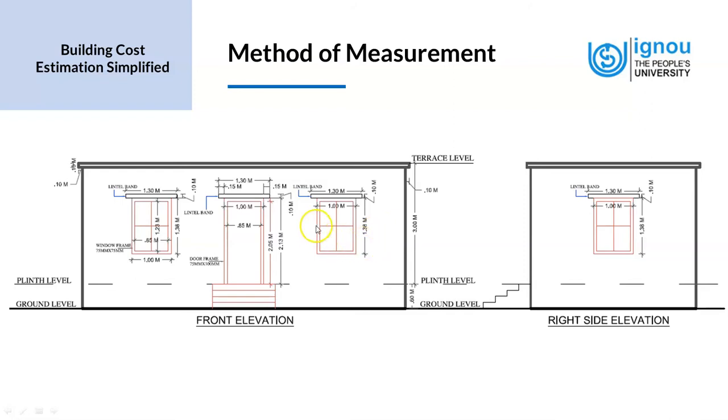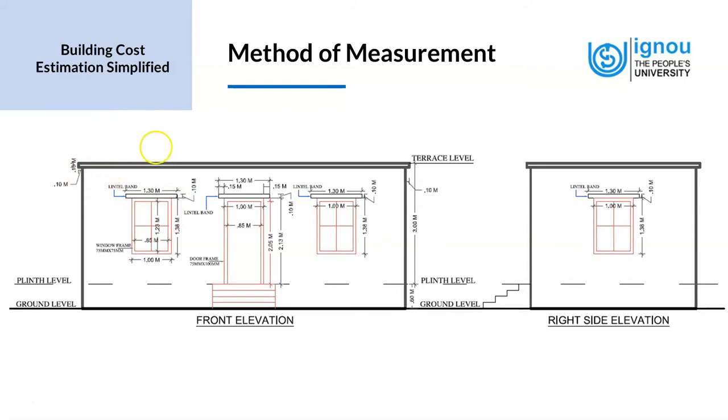Now, when we look at the windows, the opening of the window, the vertical dimension is 1.38 meters, and the horizontal dimension is 1 meter. That's the case with the other window. But when we look at the other window, we find two other pieces of information available. One is the width of the shutter, which is in between the frame, it is 0.85 meters, and the vertical dimension of the shutter is 1.28 meters. Remember, the outer dimension, the vertical dimension is 1.38, which is the opening of the window, and the shutter size